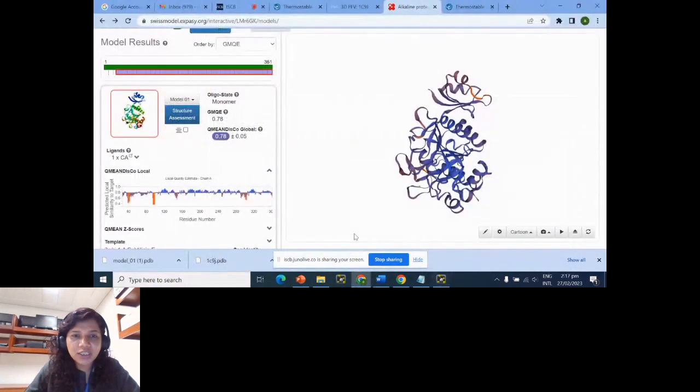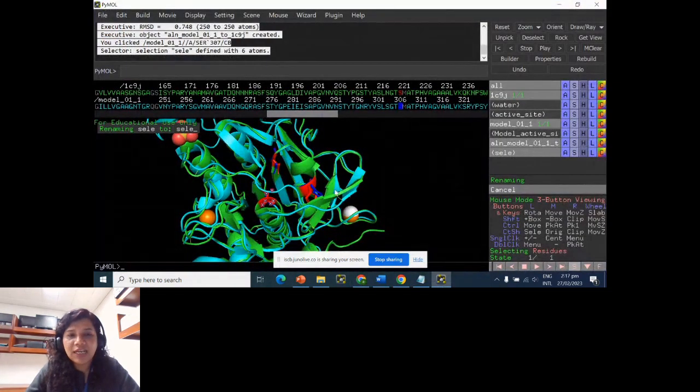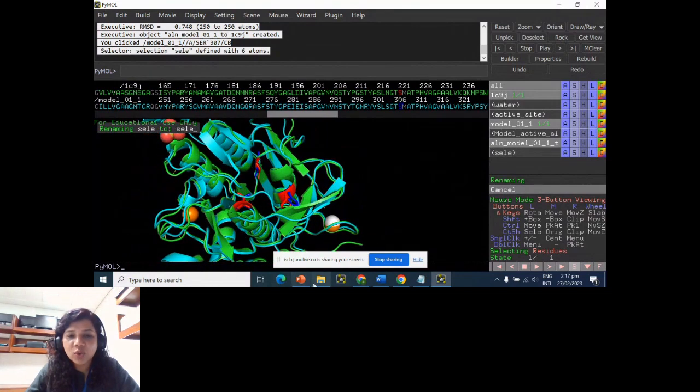Okay, here from this assignment, in PyMol, what we did: 7As was not our template. So 7As would never ever tell how good our model is. We aligned our model with 7As just to answer our question whether we can replace 7As with this thermostable alkaline protease or not. The 7As crystal structure was already available, but the alkaline protease structure was not available. So we built a model using a different template whose similarity was about 50% with our thermostable protease. We used that model here for the structural analysis. So we compared our model with 7As, and we looked at the active site and overall alignment of our model and 7As, to get more confidence whether we can use